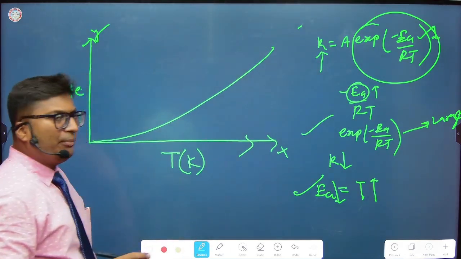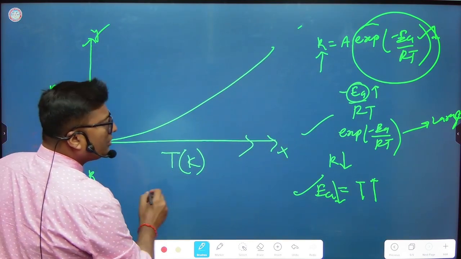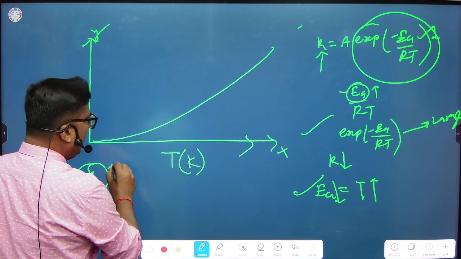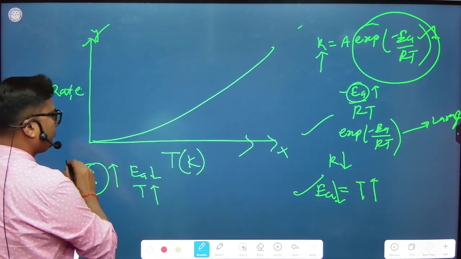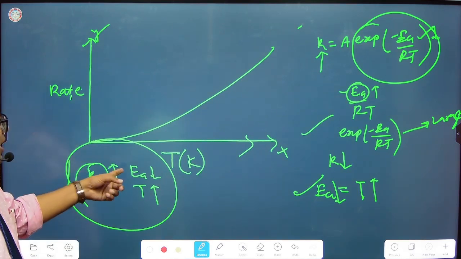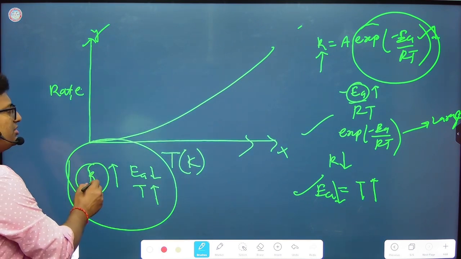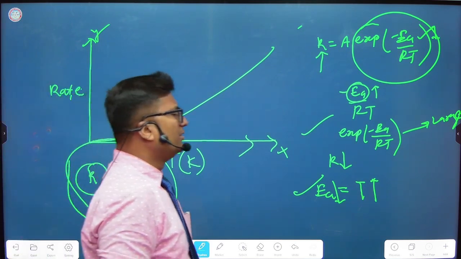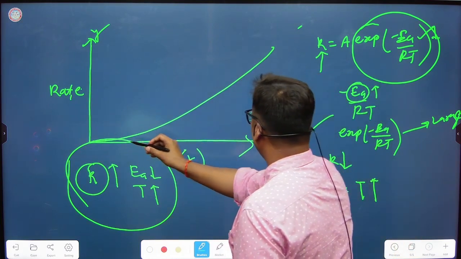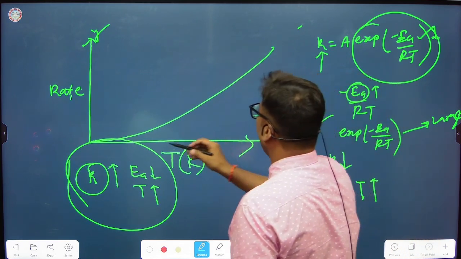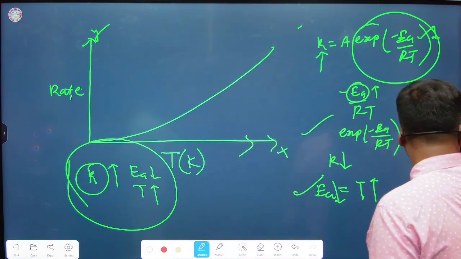So in any particular kind of reaction, K is enhanced if EA is low and temperature is high. So lower activation energy and higher absolute temperature are required to enhance the rate constant of a reaction. This is the graph of rate versus temperature, where temperature is increasing on the x-axis and rate on the y-axis, and they increase exponentially. But